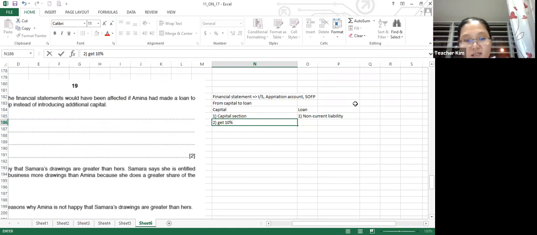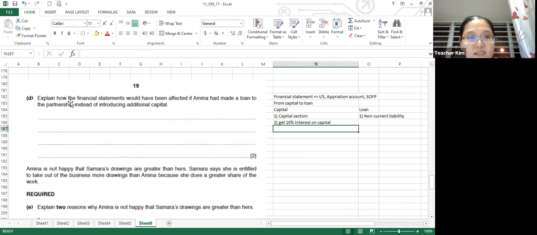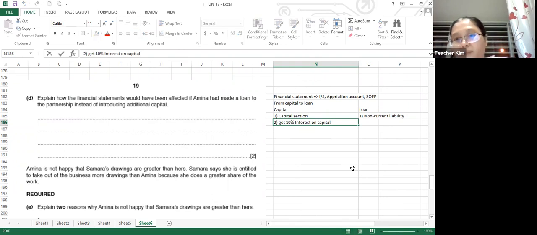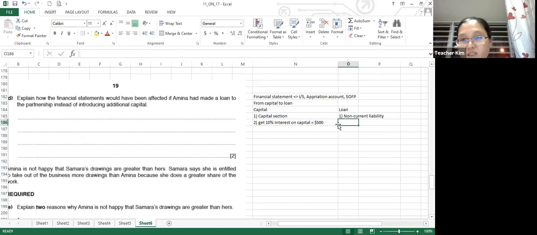So this agreement says that they will get 10% interest on capital. This is what the partnership agreement says. So it affects Amina. If I put in the capital, she gets extra, how much? 10,000 times the 10%. After that divide by 2. So she gets 500 for the additional capital she put in. But if she is going to change to the loan,